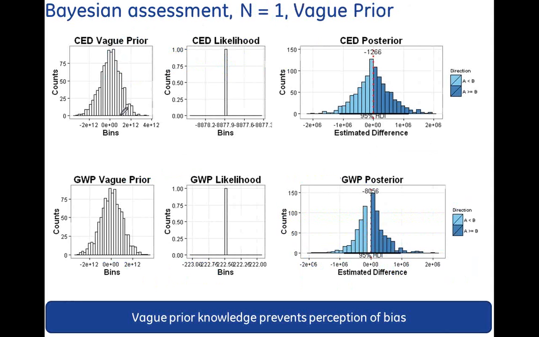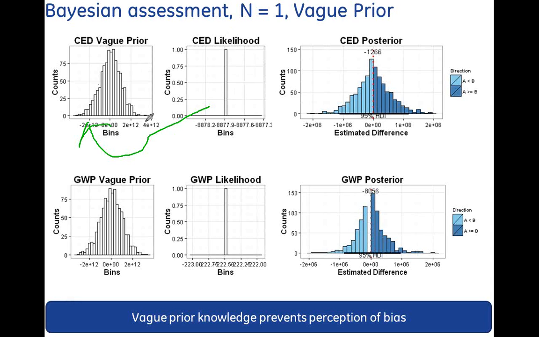All right, so we're done with all the background. Let's get into the actual assessment. With the n=1 case, remember that with the null hypothesis test, we could not evaluate that test. Bayesian assessment does allow us to do that. Why? Because we mate these two together. The prior and the likelihood can be mated. Here's my data point that I ran off of one run out of my model.